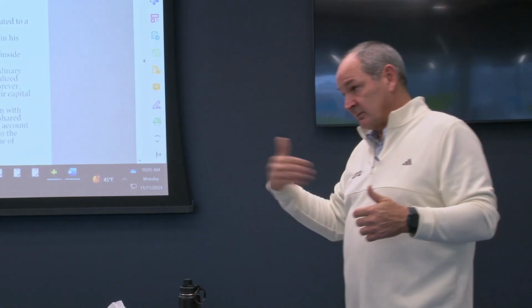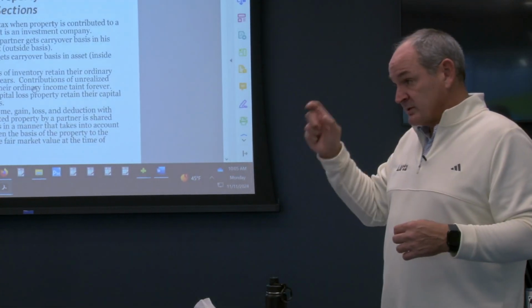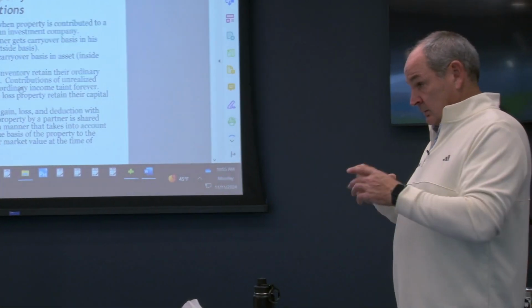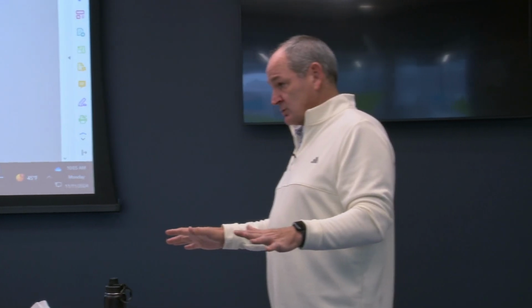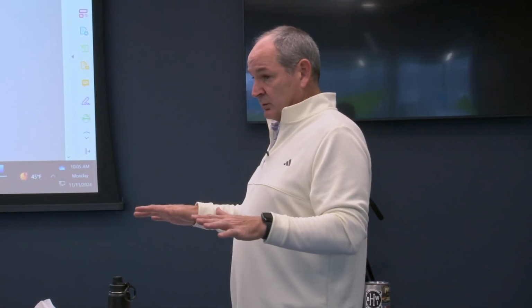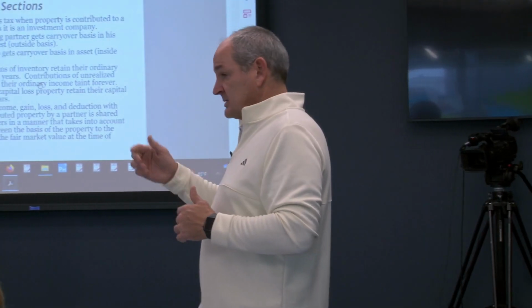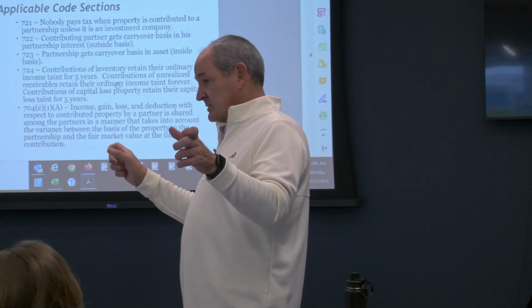When I have $100 and we're 50-50 in an S Corp, income is allocated by ownership, and in a more refined way, per share per day. That's how an S Corp allocates income. But once it goes into the S Corp, the S Corp doesn't care about formation anymore. The S Corp shareholders don't care about what was contributed. There is no concept of 704B and 704C.